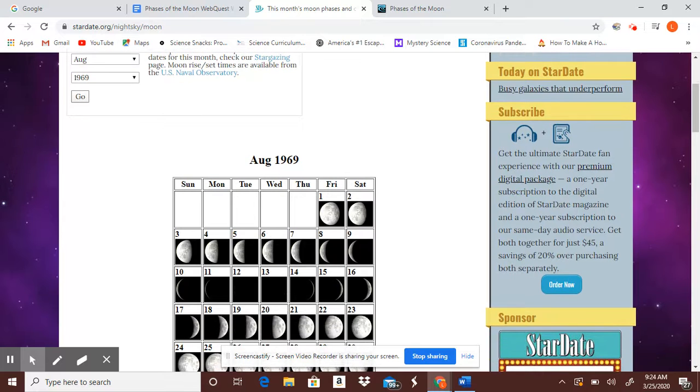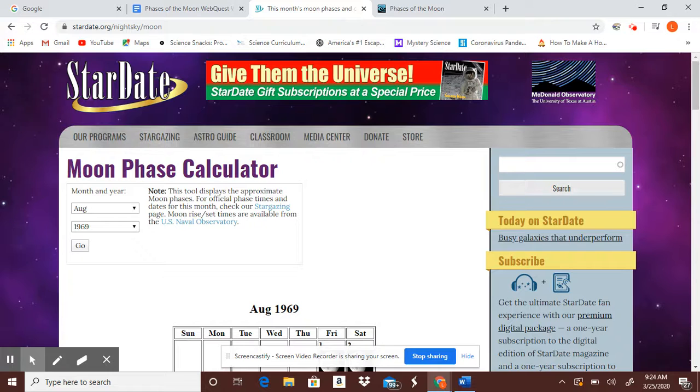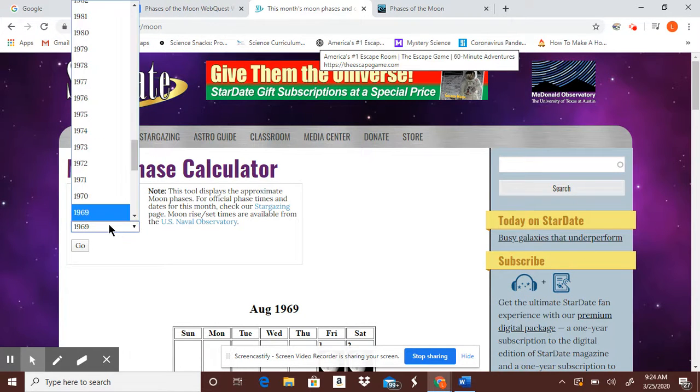Okay, my date of birth is August 1st. What we can see is that at the end of July, it would have been a full moon, and now that full moon is in the process of getting smaller and smaller. So we are in the waning phase. It's more than half, so it's a waning gibbous moon that I was born under. So you would just enter your information, and then again, if I were to go to this year,